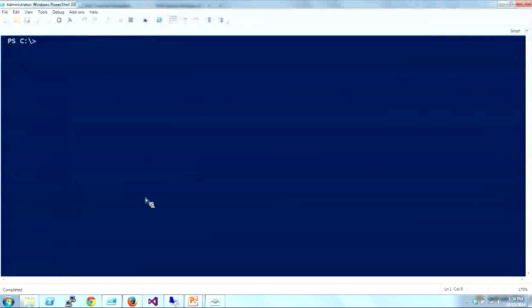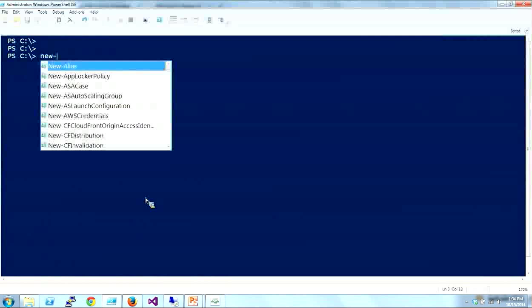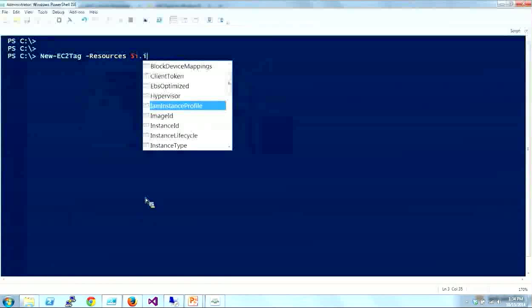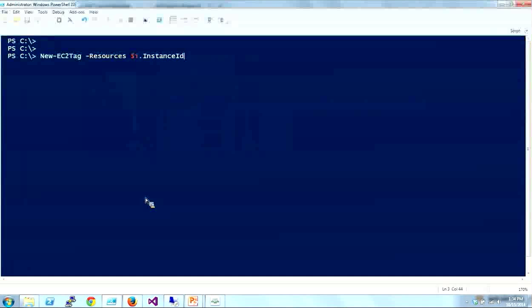So to give you an idea what that would look like, let's do a New-EC2Tag. The resource itself is going to be that $i.InstanceId, and that $i is that reference to that last EC2 instance that I created. And then now I want to specify a tag, or I could specify multiple tags, but let's start off with one. So the syntax here uses hash table syntax. You need to use the @ sign and the curly braces, and inside there you specify a key value pair. And essentially what you need to do is tell it that the key is going to be, or I'm sorry, the name is going to be,